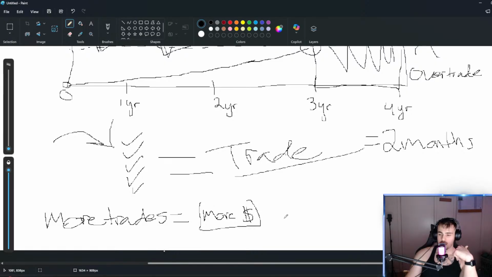Oftentimes, fewer trades and less time spent on the chart will actually equate to more profitability. And the traders who think getting more money is associated with more trades often end up forcing things. And whenever you force something in the market, you are